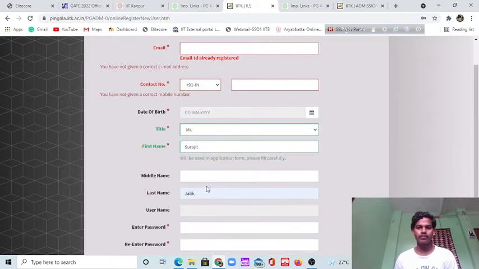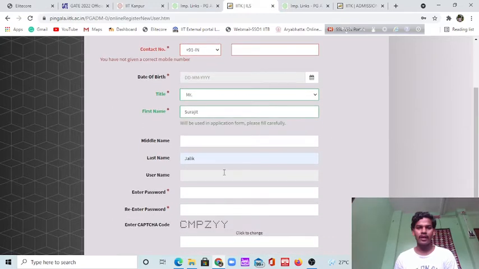You have to give all these things, and other things also. Then there is the username. I don't use it because it is not compulsory. You can set a username, but I wouldn't. The star marks indicate that these are all compulsory. The username part is not compulsory.